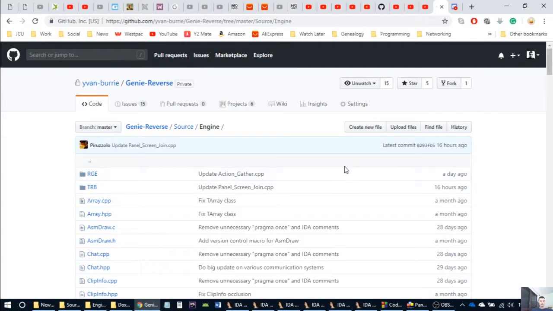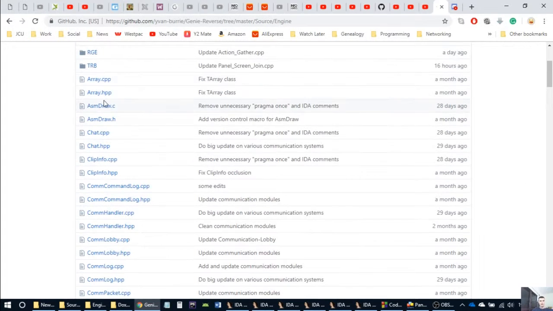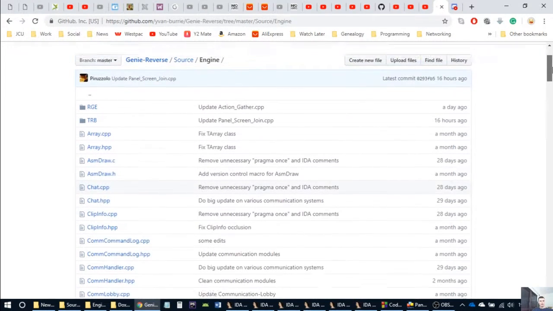It's a lot of work, there's a lot of cleaning, but the idea that I have in mind is to start off with the core part of the engine, which is what I'm trying to do, and that is the ASM draw system. And you'd have to include about 10 or 15 other files to get that working. So